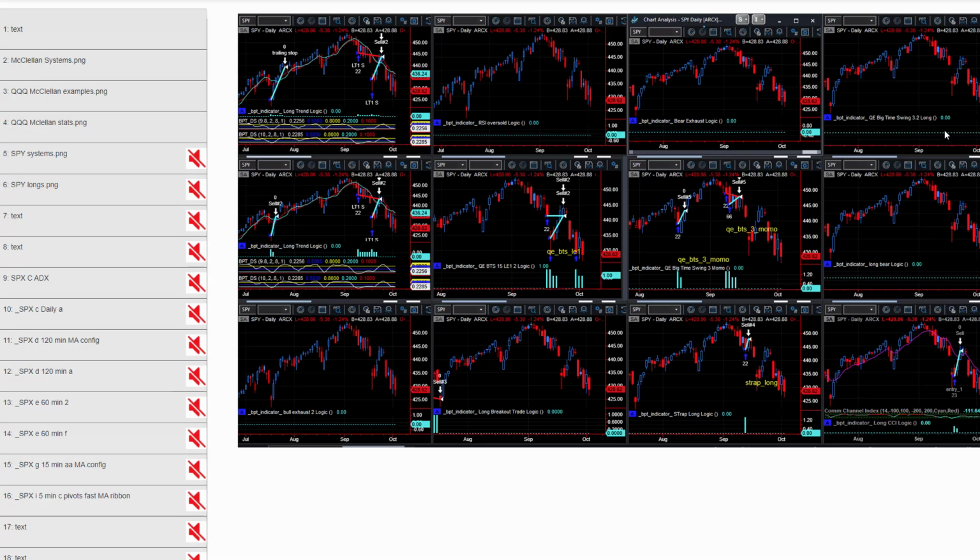Next. So this shows you the 12 individual long subsystems for the SPY reversion to mean systems. And again, no new trades today. We do have an open trade, first entry on this QE BTS system, that did not take a second entry today. Should we sell off more tomorrow or this week, we could see a first entry trade there.